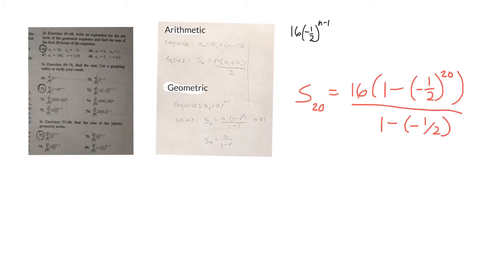If you're going to plug that into the calculator, I would plug it in as follows. I would plug in 16, and it's all kind of across one line, so it could be confusing. 1 minus negative 1/2, and then you do the little caret to the 20th, and then wrap that whole thing up in parentheses, and then you're going to divide. Now, it's okay if the division symbol only applies to this parentheses, because multiplication and division is like that,